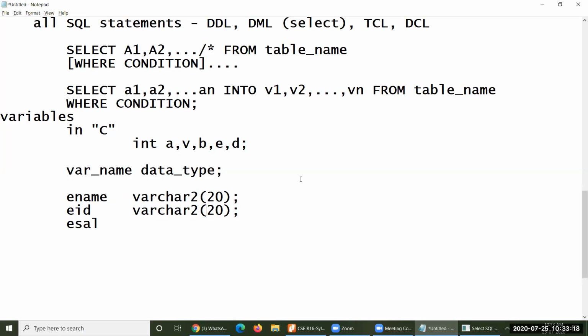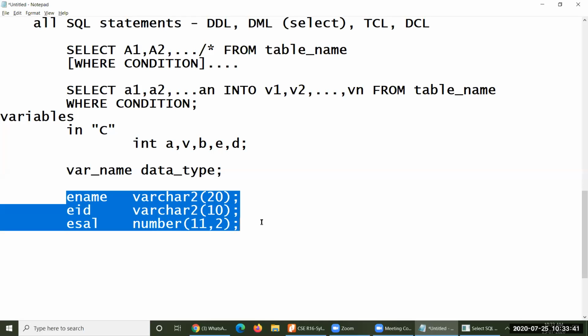Varchar2 of, let me say, 10, and number of 11 comma 2. Line by line you have to specify each and every variable. If you have 20 variables, you have to use 20 lines. If you have 10 variables, you have to use 10 lines to declare each and every variable. In this way, you have to declare a variable here.